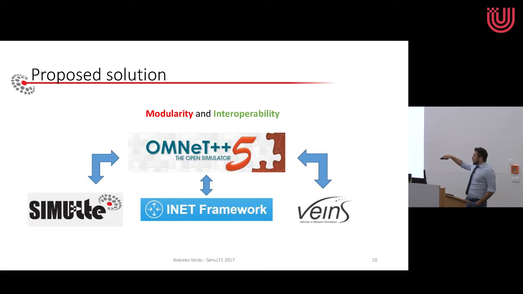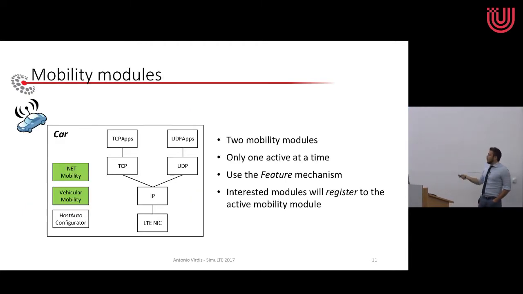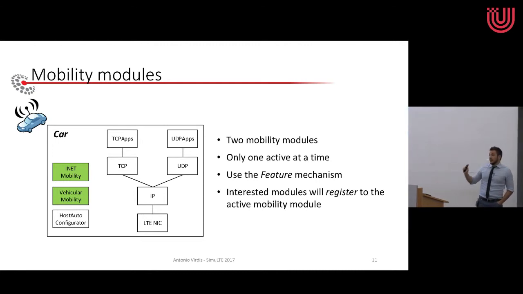So going to the requirements from Veins, we address each issue one by one. The first one was the idea of addressing the mobility. So we defined a new module called car or LTE car, whose idea is to create a car with an application, having an LTE NIC card on board.